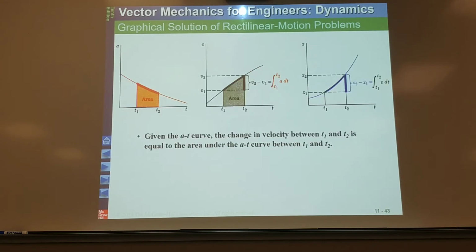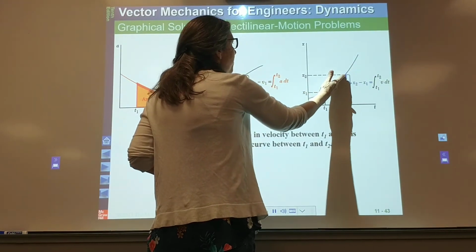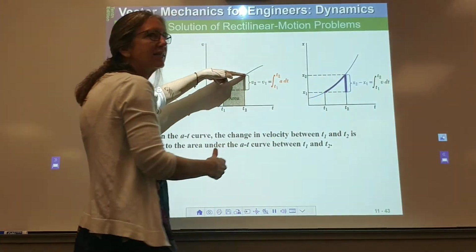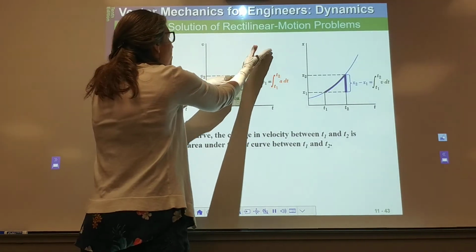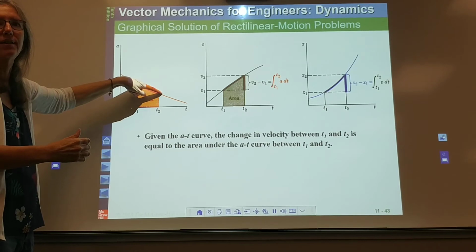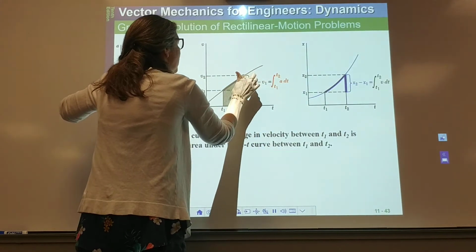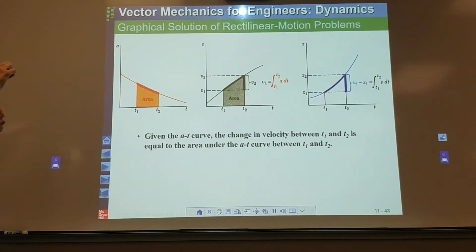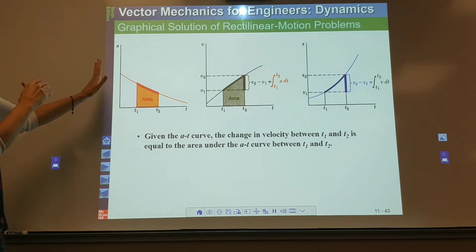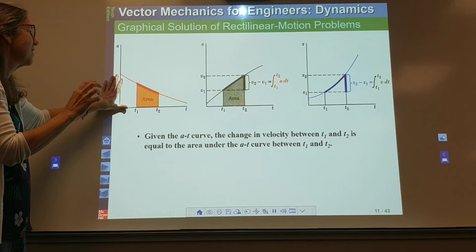Do you remember the graphical? I think I talked a little bit about this. If we're given position as a function of time, the slope at t2 is equal to the velocity at t2, right? And then the slope of the velocity curve is equal to the acceleration at time t2. So if you're differentiating, your slope gives you the next quantity. If you're going from acceleration and integrating to get velocity, then the